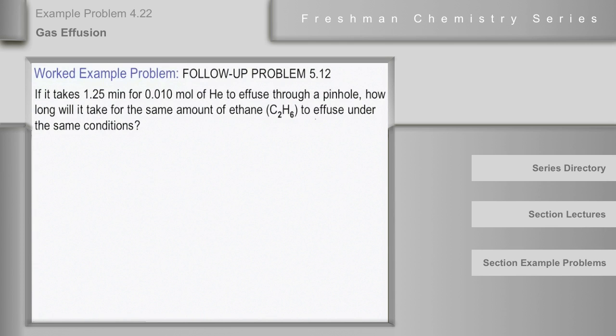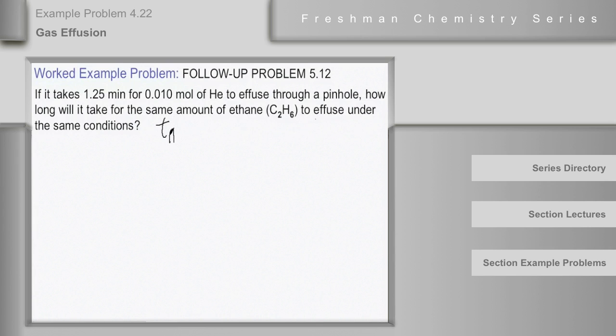This problem deals with the rates and times for gas effusion. Specifically, we are told how long it takes for a certain amount of helium to effuse, and we're asked for the time that it would take for the same amount of ethane to effuse. The rates of gaseous effusion and the times of effusion are controlled by Graham's law, and in its simplest sense,